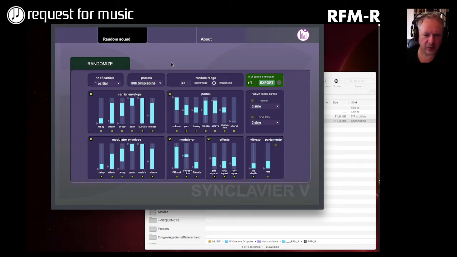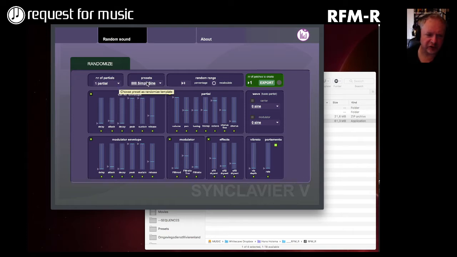And apart from that, on the next one, I've got the random range, and you see it's set to 0%. And if I do recalculate, actually all of these light blue blocks will be gone, because what it does then is, depending on the preset that you use, you see those lines, and the triangle waves on top actually show you what the setting for a standard sine would be, because if I take any of the other presets, you'll see that the lines are actually moved to a different location